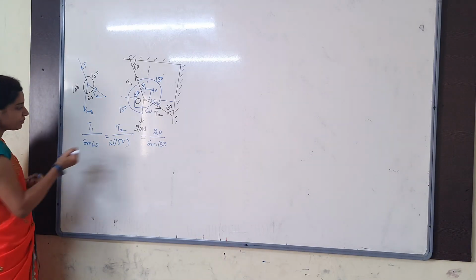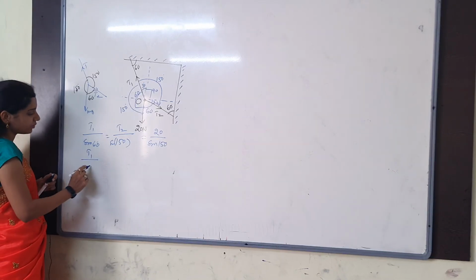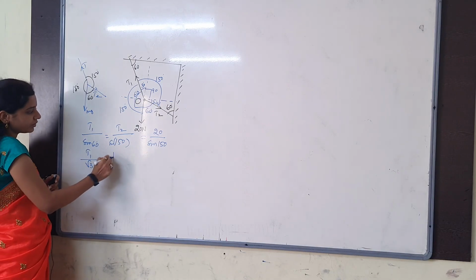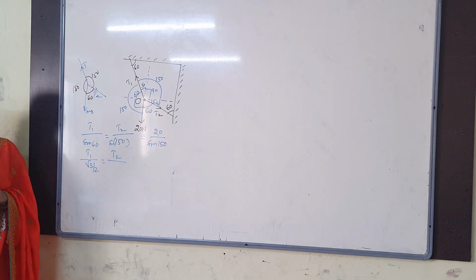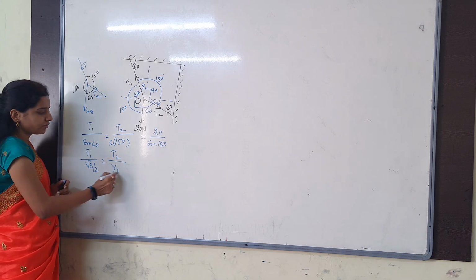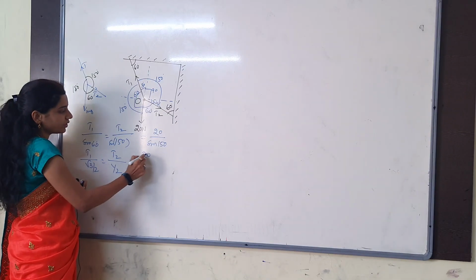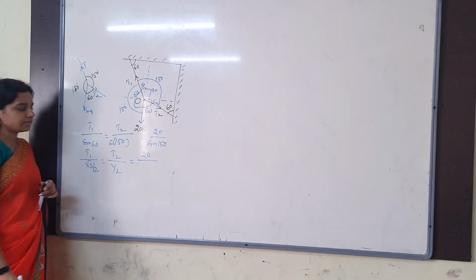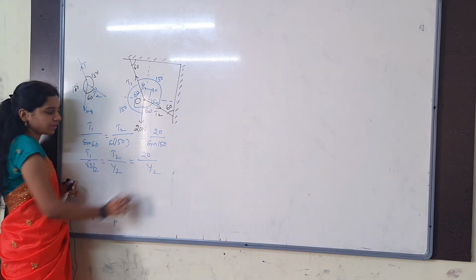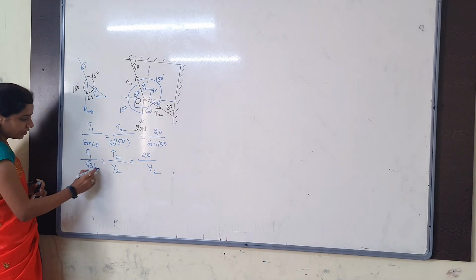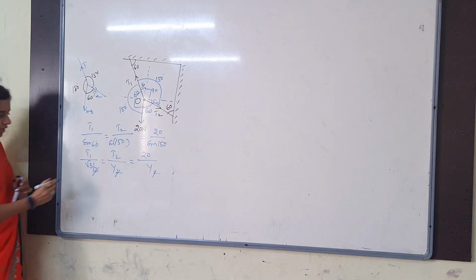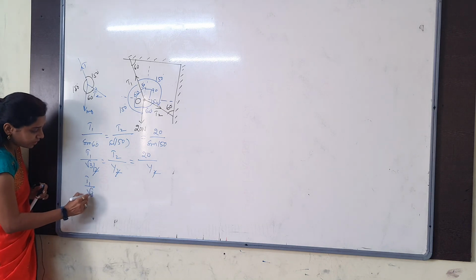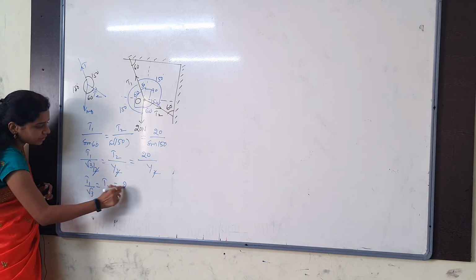Then T1 by sin 60. T1 by sin 60 is nothing but T1 by root 3 by 2. Then T2 by sin 150. Sin 150 is nothing but sin of 180 minus 30, which is simply sin 30. Sin 30 is how much? 1 by 2. Then this is 20 by sin 150 again. Sin 150 is 1 by 2 only. So now you can cancel 2. Why? Because it is there for all three of the functions. Then what ratio did we get? T1 by root 3 is equal to T2, which is equal to 20.